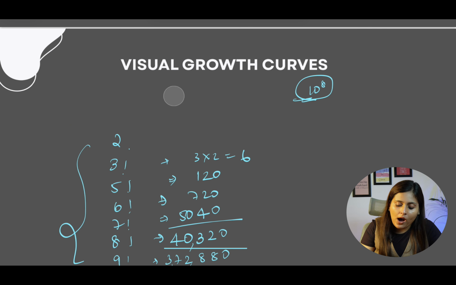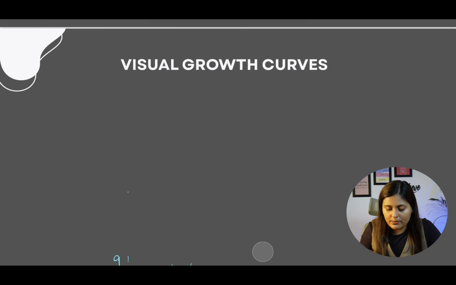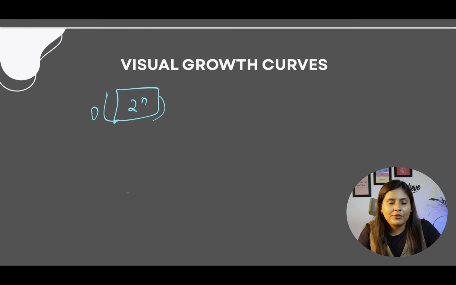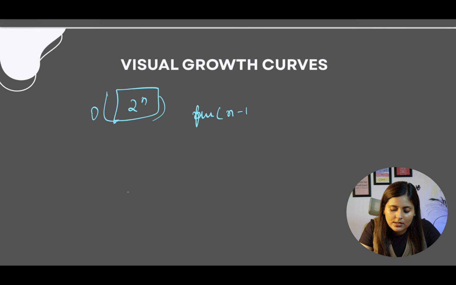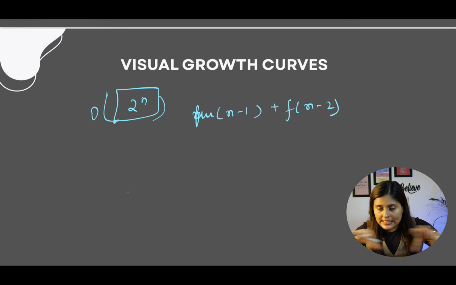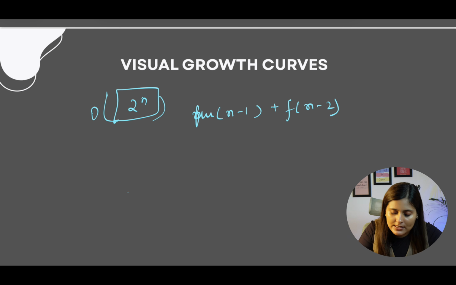Okay. Now another which is obviously dangerous, but not like this, is 2 power n. Whenever we see this time complexity, it means we are actually writing recursion code. Why? Because when we are calling our function 2 times, suppose for Fibonacci number, we are calling 2 functions, right? So at every step our code is increasing by 2 times.